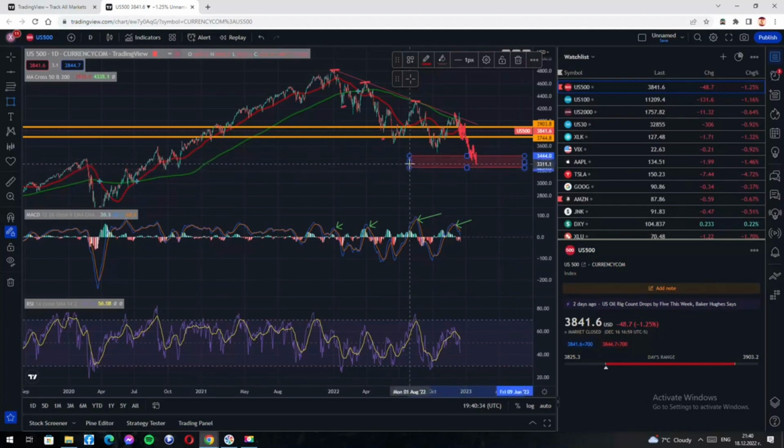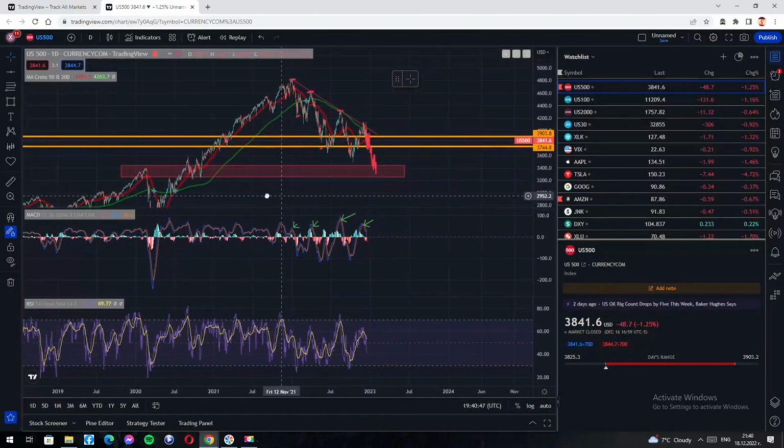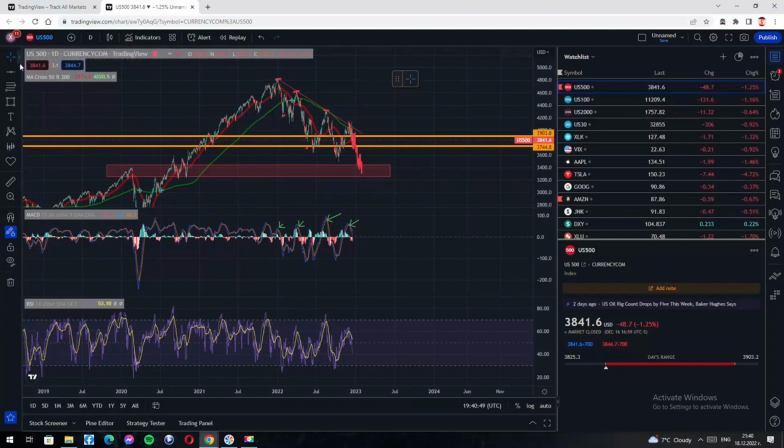I believe that this level will be the final low for this bear market. First, we'll be touching this 2020 high, these multiple supports here during the bull run, the beginning of the bull run. And I believe that after we have touched this level, the trend line will be around 3,900.